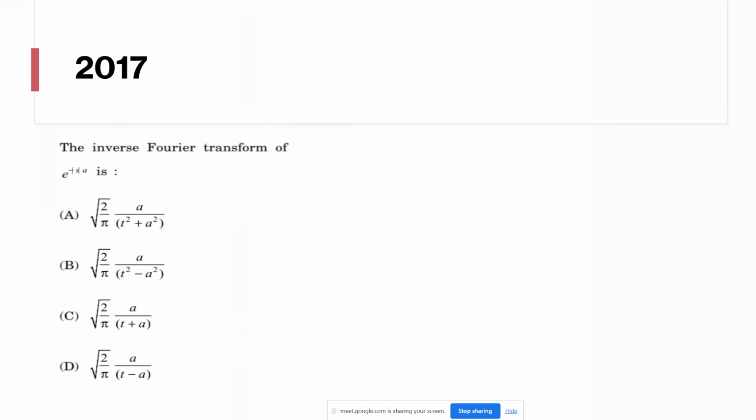What is the Fourier inverse transform of e raised to minus mod s a? This is interesting. It might be that we haven't discussed this problem, but it is actually easy. I want to find the Fourier inverse of e raised to minus mod s a. By looking at the options, I realize the variable is t, so I write t over here. So it is from s to t. The formula is 1 upon root 2 pi, integral from minus infinity to infinity